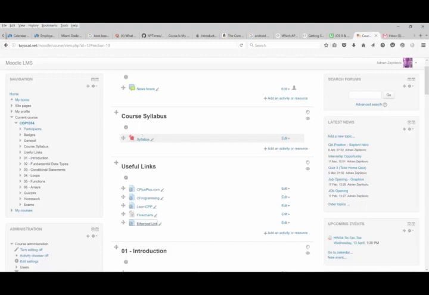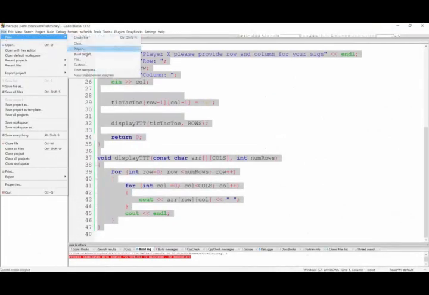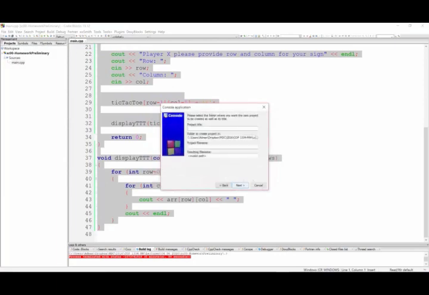Let's say I have the following array, and this is also going to be a 2D array. So this is source code 01. This is going to be summing the rows